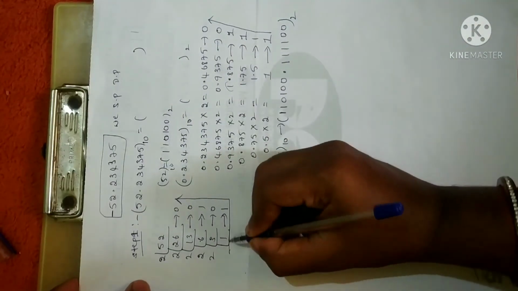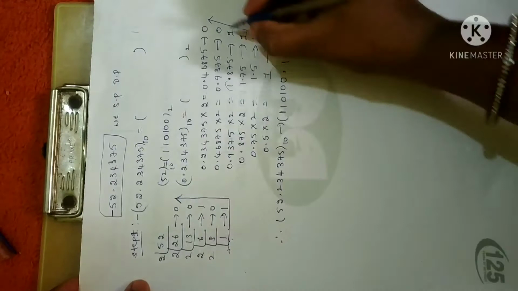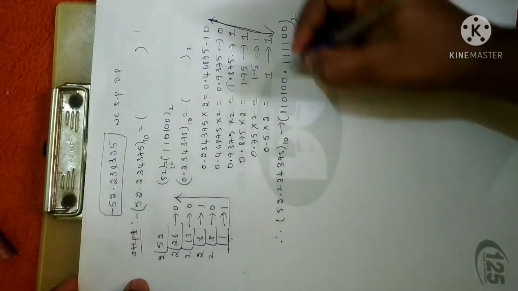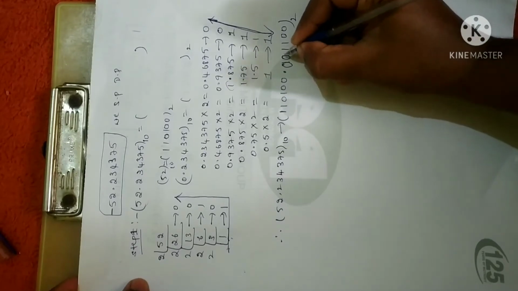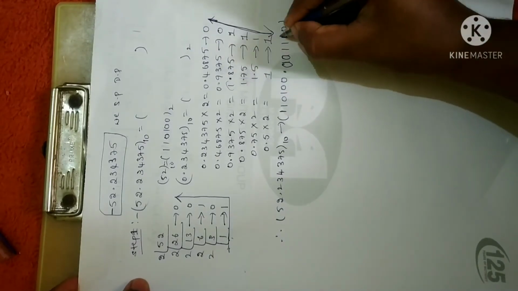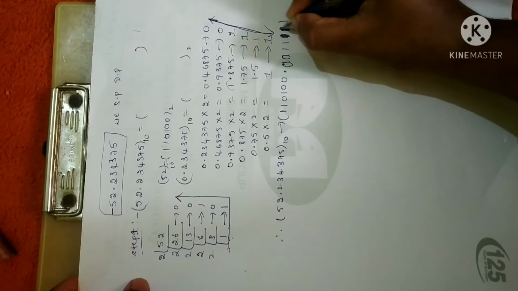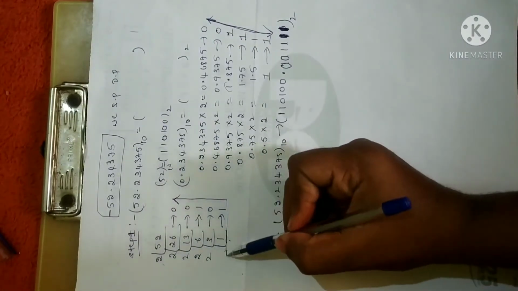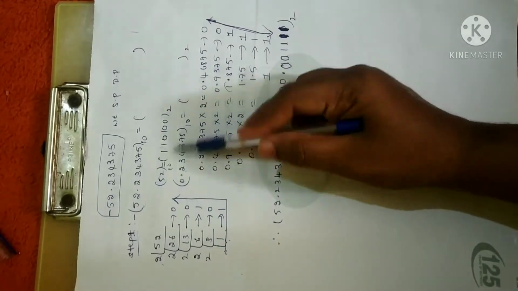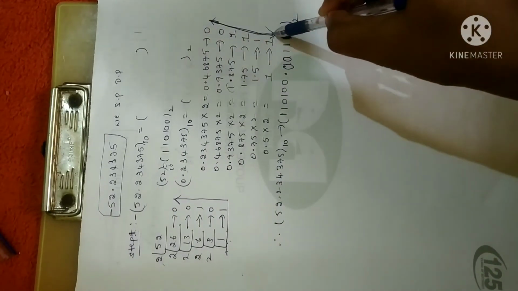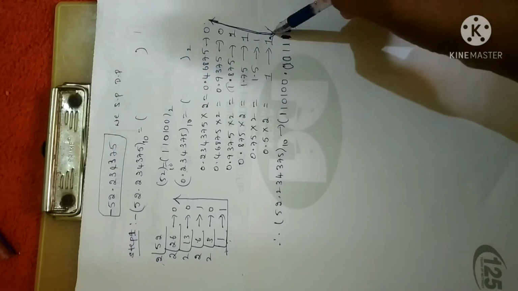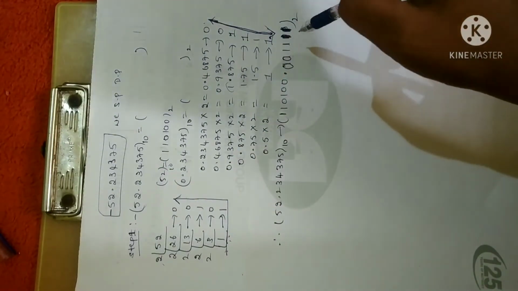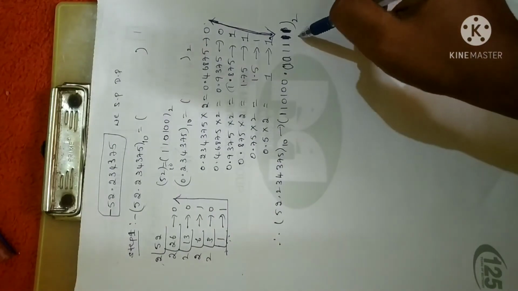Clear? I'm sorry, I have made a mistake here. See here, the integer part we have to write in this direction, whereas the fractional part I have to write in this direction. So the number becomes 001111. Here most of you will make mistakes. Remember, while writing the integer part you write from top to bottom, and while writing the fractional part you write from bottom to top. So that is what I have done. Given a number, I have converted it into binary form.